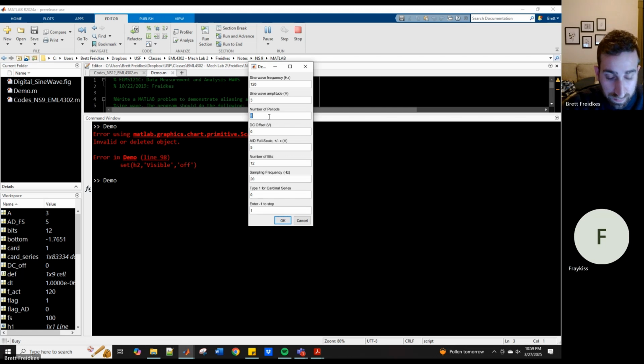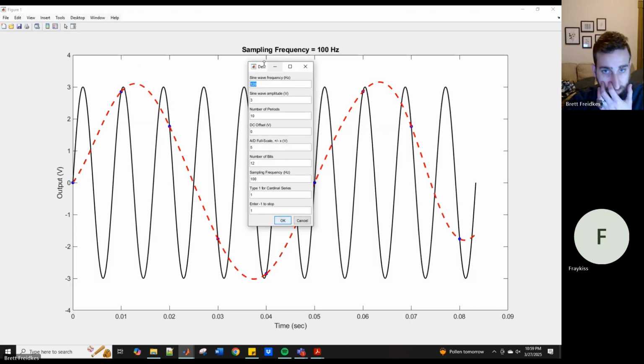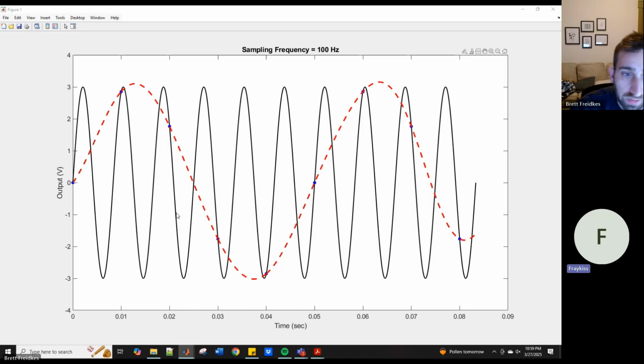One more time. 120, sampling at 100. Okay. So if we look, our true signal was 120. So that's the black one. And then the red one is the reconstructed signal, which should have a frequency of 20 hertz based on our math. So if I look at, let's say, one period of this,